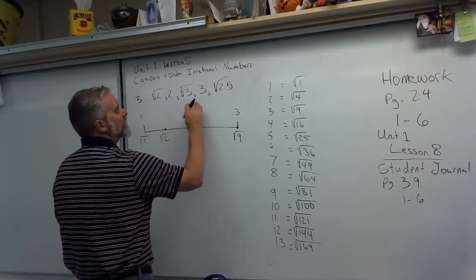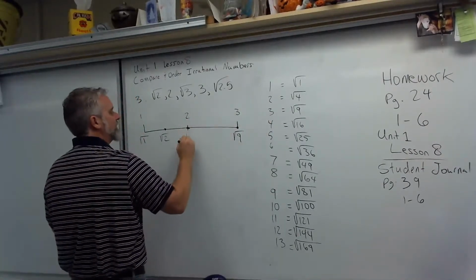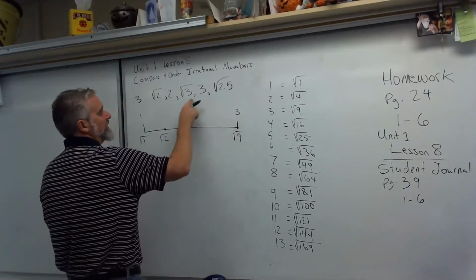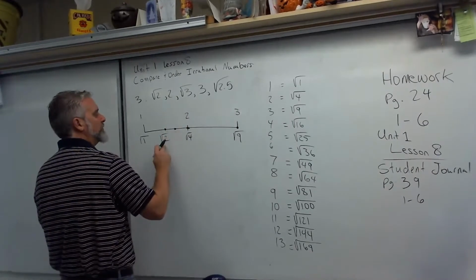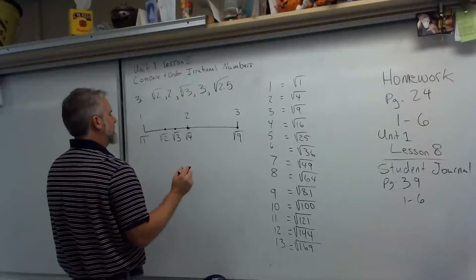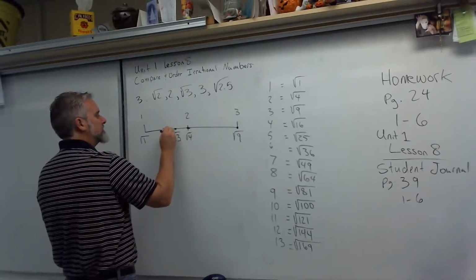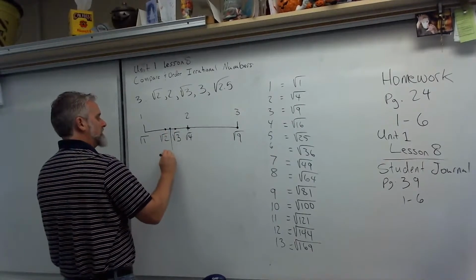And we have the next one, because we didn't get to 4 yet, square root of 4, which is equal to 2. So I'll write square root of 4 right here. We need to have square root of 3, which comes in between the square root of 2 and square root of 4. And in between these two, we need to put the square root of 2.5. So I'll write a little line down,